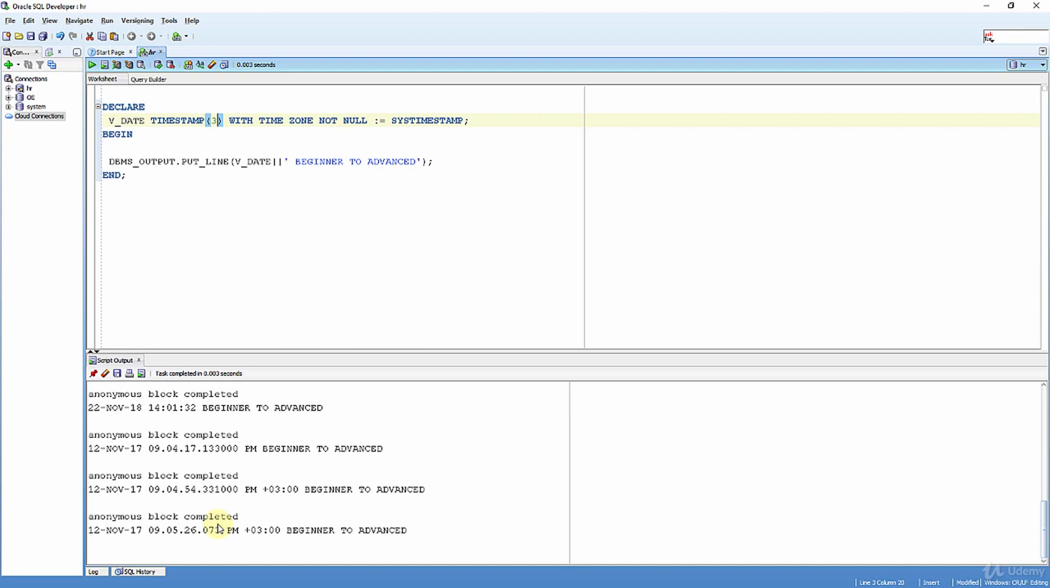Let me show you how to use them. Let's start with the interval day to second first. We simply write interval in here, and then day, and 4 for the maximum value, then 2 seconds, and 2 for the maximum value of millisecond fraction. And it's equal to, let's say,